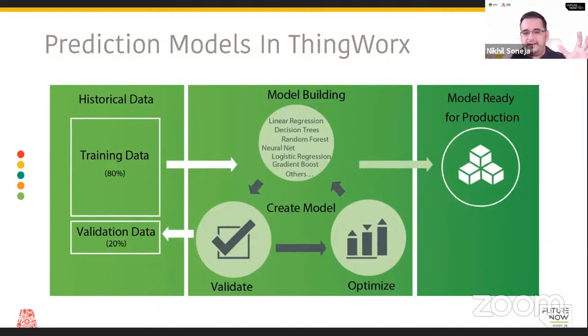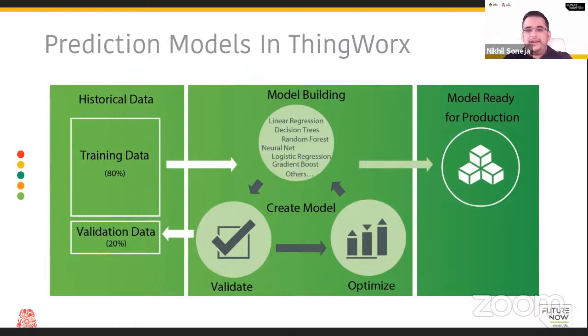Once that's done and it validates, you can also optimize on your own. That model is ready for production, and then it can go to Analytics Manager. Neural network is one of the more complicated ones, but you also have even more complicated ones like random forest, which is like decision trees, but multiple random decision trees. Gradient Boost also works with decision trees, but it's like multiple sequential decision trees. These are all great methods, and they're complex, and they do fit well sometimes, but they are also slow and can lead to overfitting, so they might not necessarily be accurate as well.